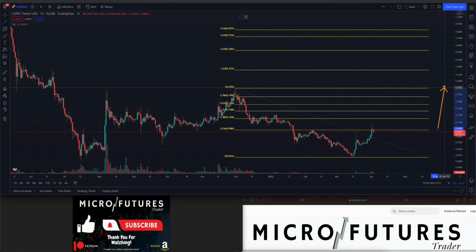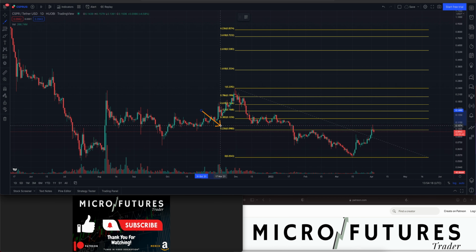Moving all the way up to the 1.618, that's a 33-cent Casper. The 2.618, 53 cents. 3.6 is 72, and the 4.2 is an 83-cent Casper. Where things start to get very interesting. Now, if and when we get up to these areas up in here, that will be one really, really nice, amazing move to the upside